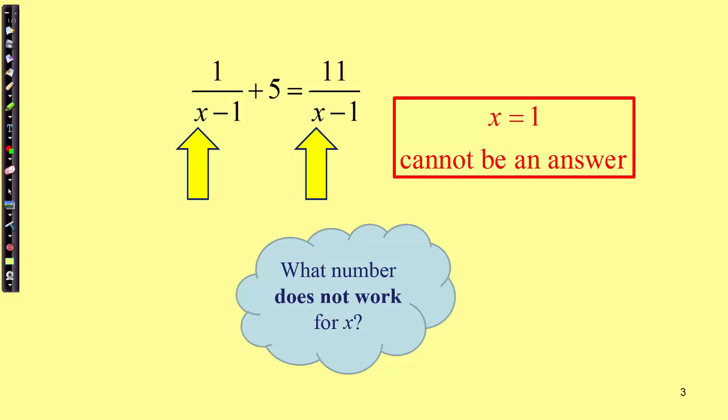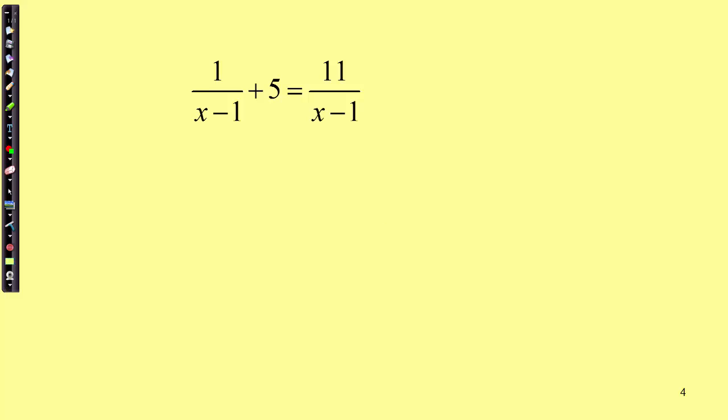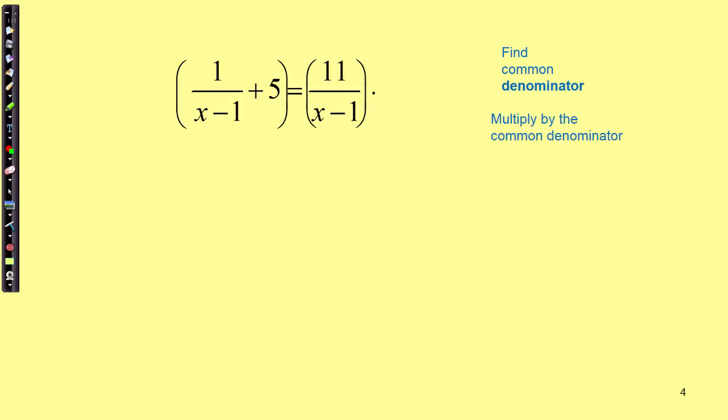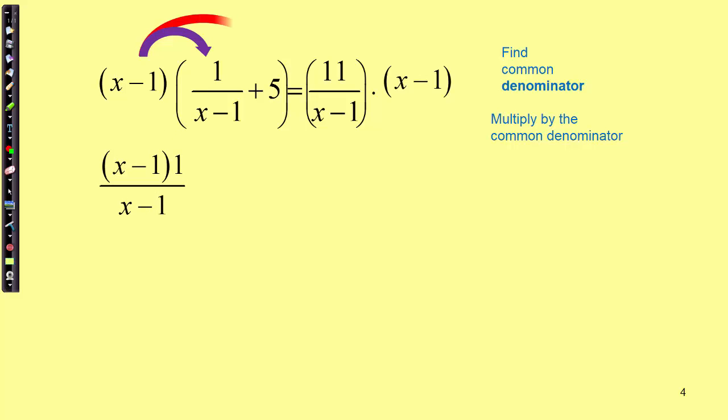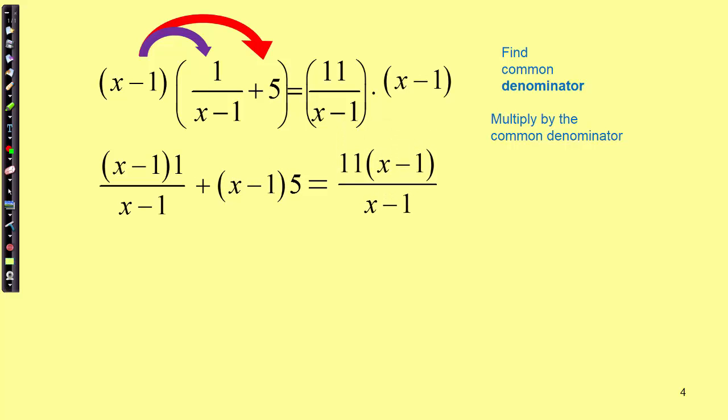Now if we do all the steps that we're supposed to do and we come out with an x equals 1, it is not the answer. And so let's do the steps that we're supposed to do. Multiplying both sides by the common denominator. On the left, we use the distributive property. X minus 1 times 1 over x minus 1, and x minus 1 times 5. On the right, we just multiply that out. We cancel the x minus 1's,